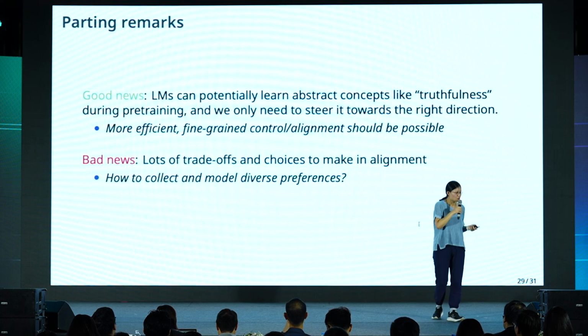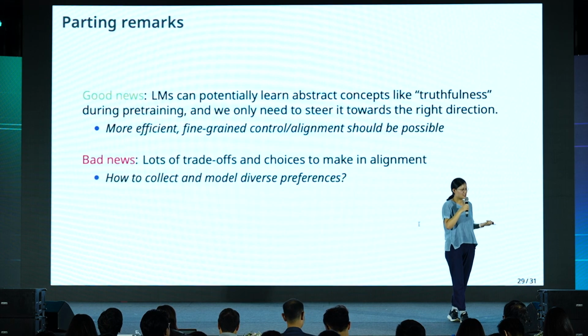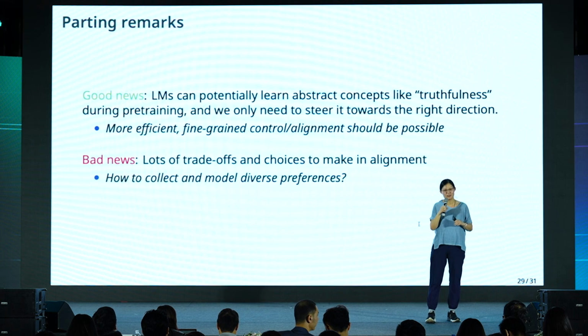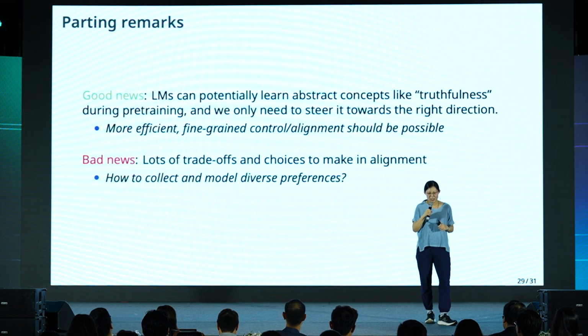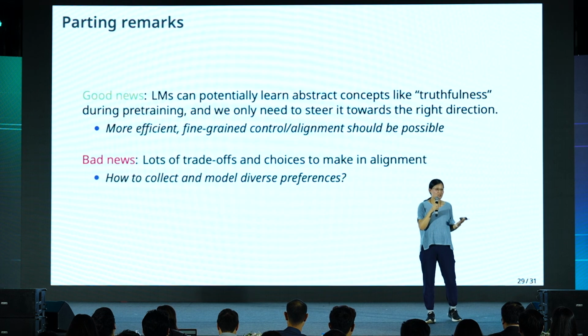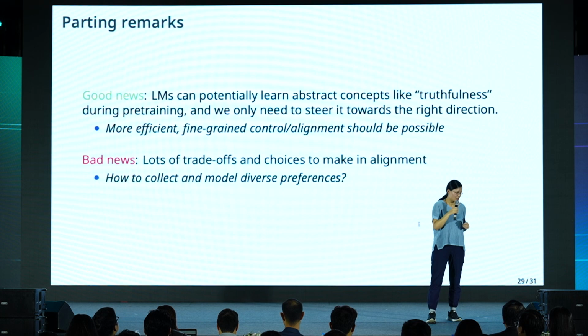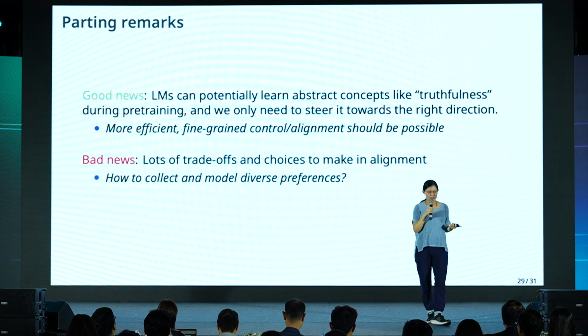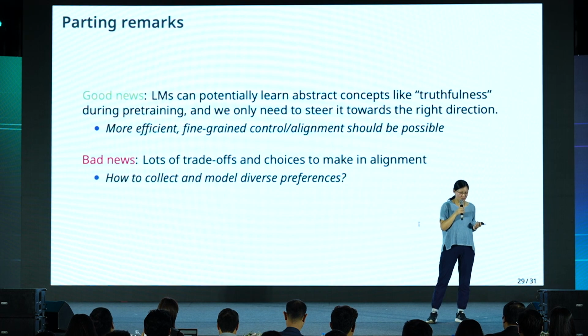Okay, so to conclude from these two projects, the good news is that language models can potentially learn more abstract concepts like truthfulness during pre-training. And during the alignment stage, we only need to steer these models towards the desired behavior, which suggests that we should not need a lot of data for alignment, and that more efficient, more fine-grained control is possible as a post-processing stage. But on the other hand, the bad news we saw in the